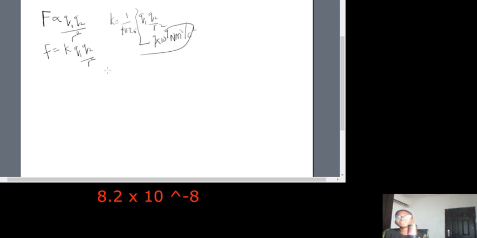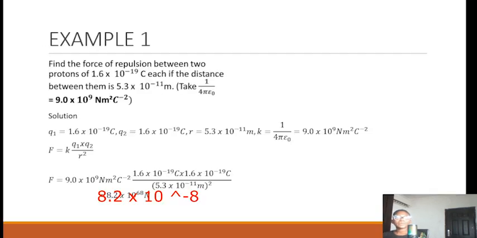Since they are the same charges, Q1 is equal to 1.6 times 10 raised to power minus 19. Yes, 1.6 times 10 raised to power minus 19 for Q1. Q2 also is 1.6 times 10 raised to power minus 19. So we can actually just say F is equal to